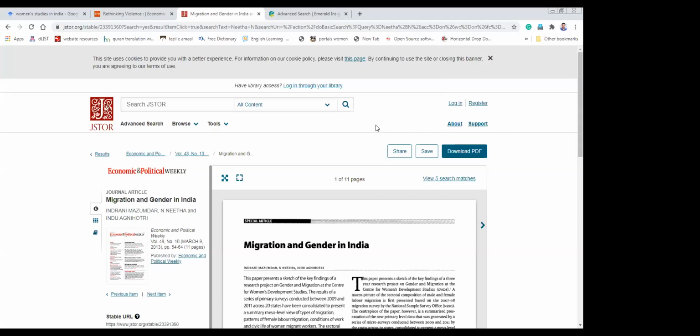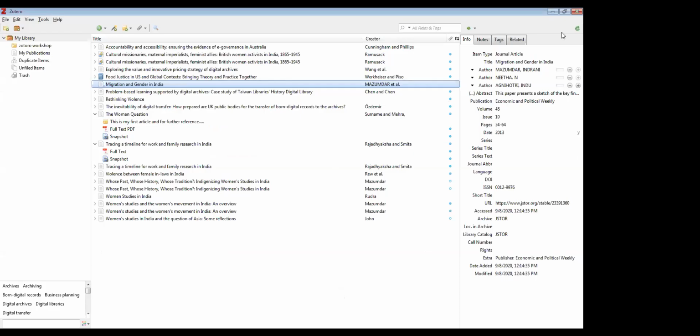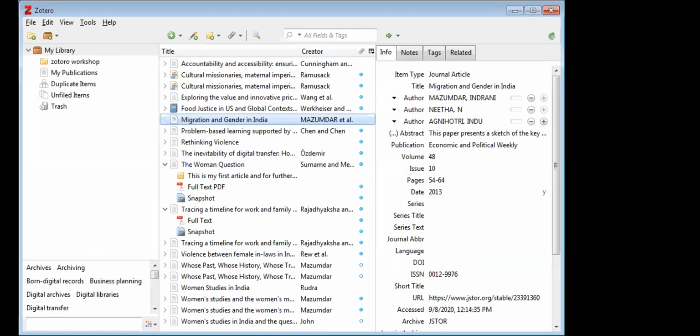The fourth way is to collect a Zotero collection from your hard disk, for example. So if I go to Zotero, and something is already available in my hard disk, and I want to add it to Zotero, simply you just drag that particular article to Zotero from your hard disk.